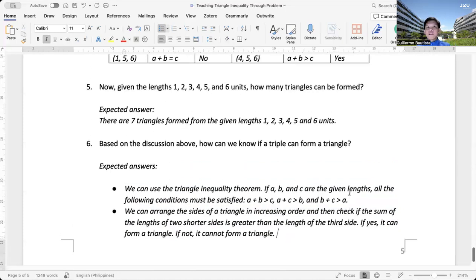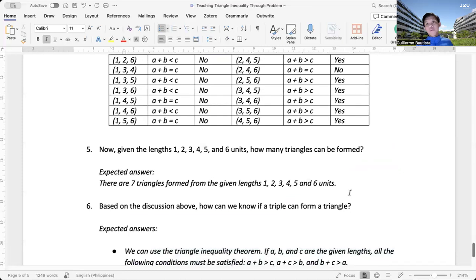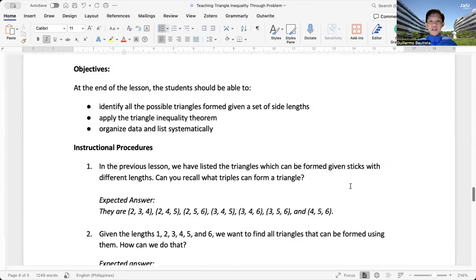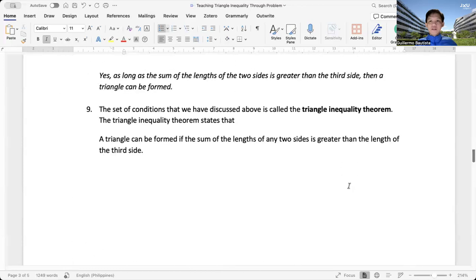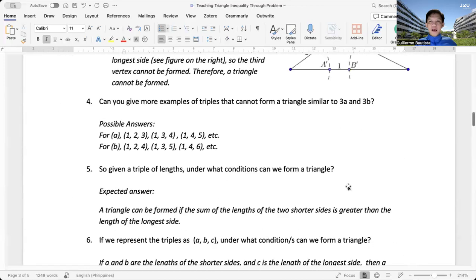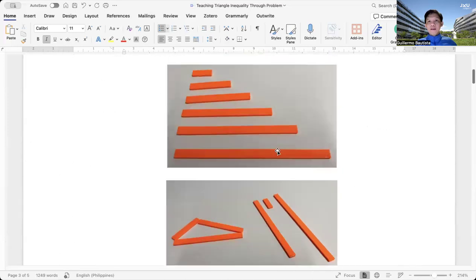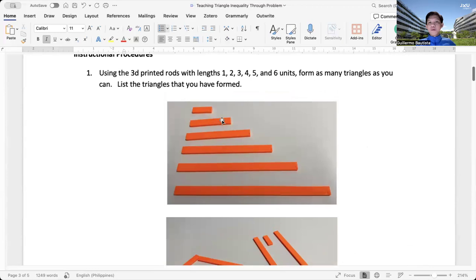Okay, so that's basically the lesson. So where is 3D printing? I'm a teacher trainer in the Philippines, and what I plan to do is demonstrate this to the teachers, and then introduce them to how to create this. So this is very basic, and I think if you're going to teach a 3D printing class, this could be the